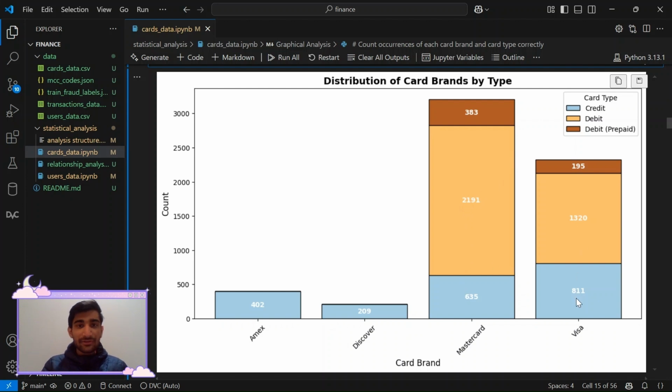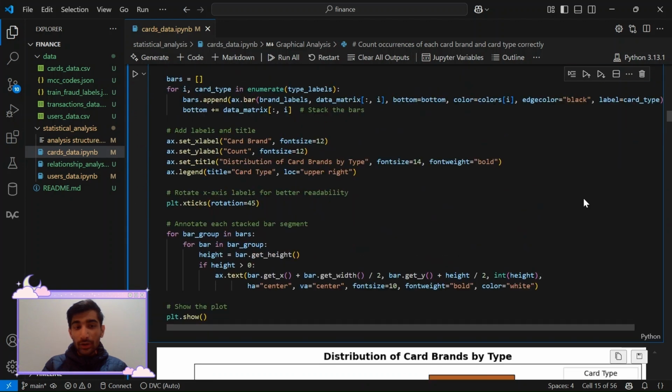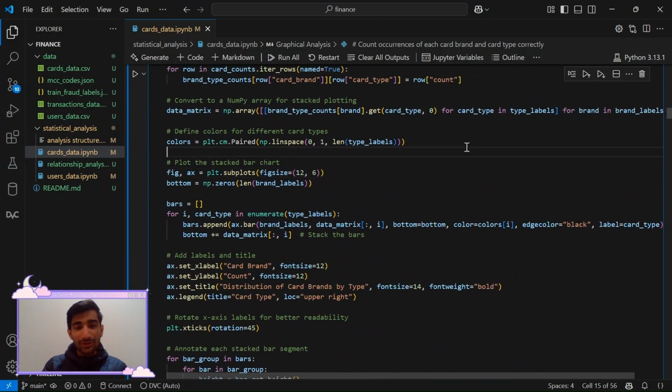For Visa, we have 811 users having a credit card, 1320 users having a debit card, and only 195 users having a debit prepaid card. Now looking at the code, although I'm not going to be able to explain each line of code due to the time constraint that we have,